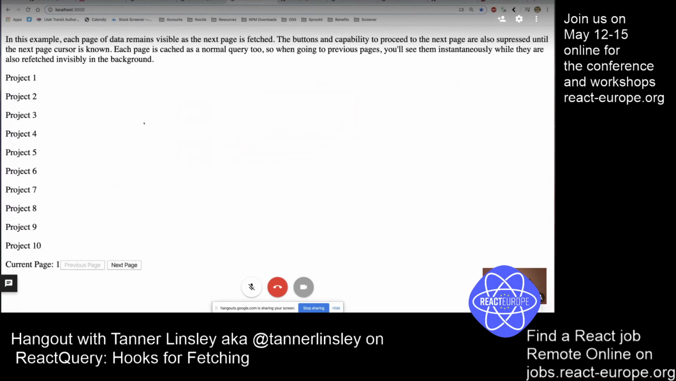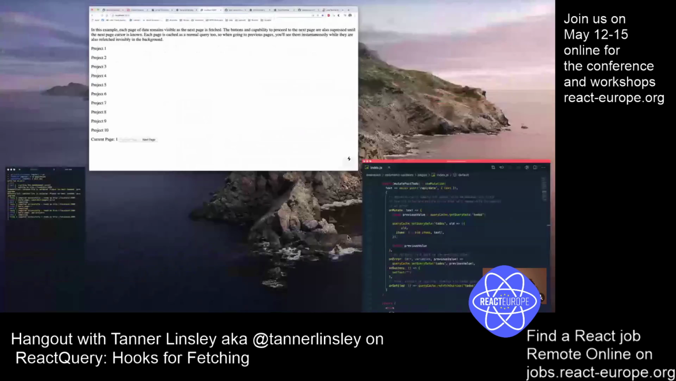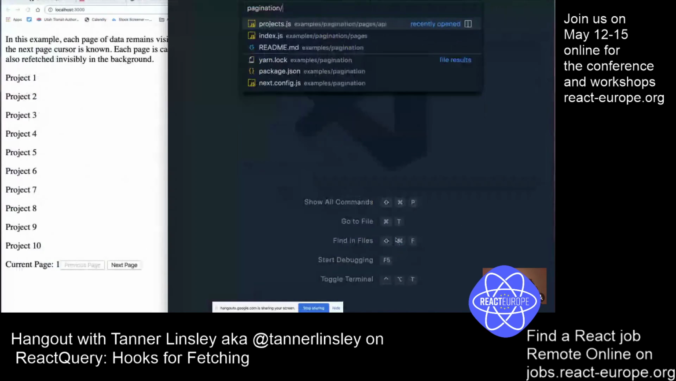Pagination is specifically interesting because usually when you're requesting new pages, you'll get a hard loading. So if you hit next page in most other libraries or tools, or even just building it yourself, you'll see a hard loading message and all these projects from the last page will disappear until the new ones come up. But when you use the pagination,